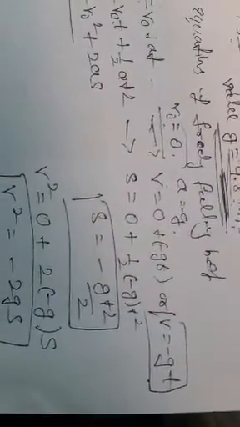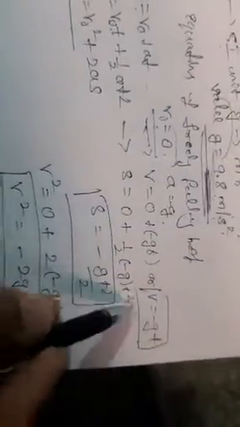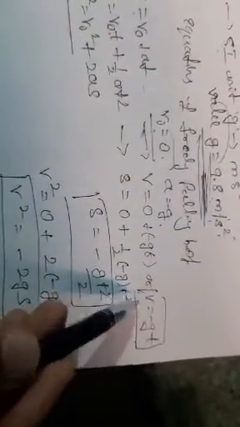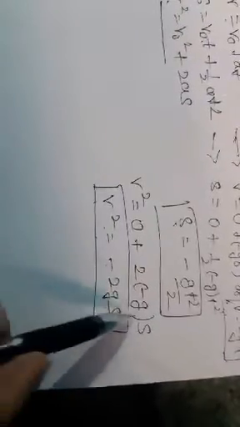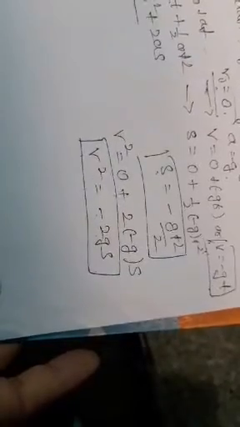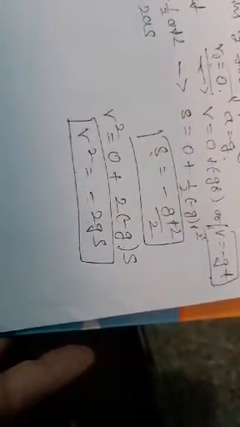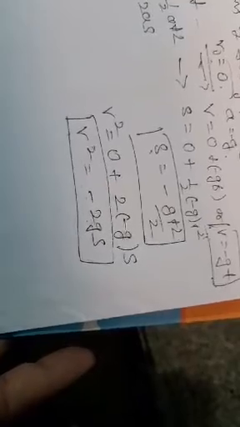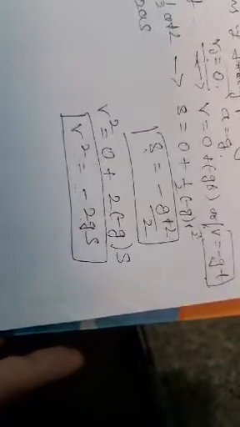Write any two equations of a freely falling body. The first equation is v is equal to minus gt. The second equation is s is equal to minus gt square by 2. The third equation is v square is equal to minus 2gs. These are the three equations of a freely falling body. A freely falling body means the initial velocity is 0 and the acceleration is equal to the negative of the acceleration due to gravity. This is the concept of the equations of a freely falling body.